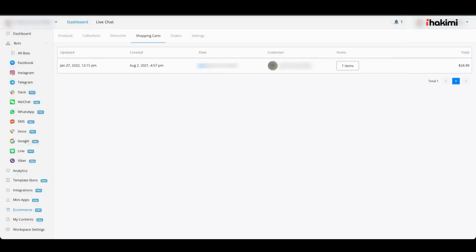So the shopping cart gives you a good overview of what is happening at this moment in time inside your own web shop, inside of your chatbot. The shopping carts